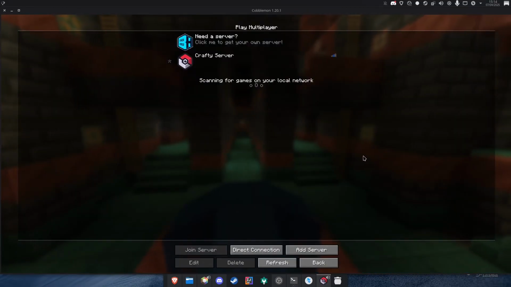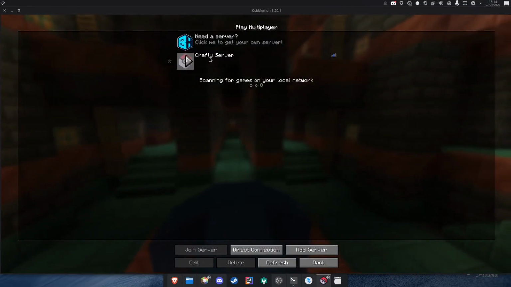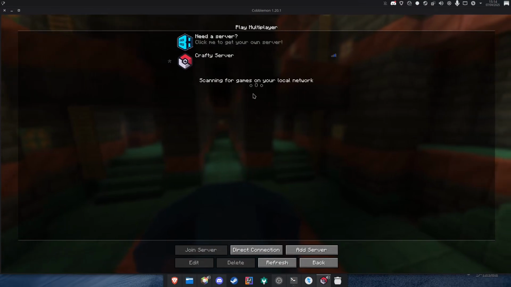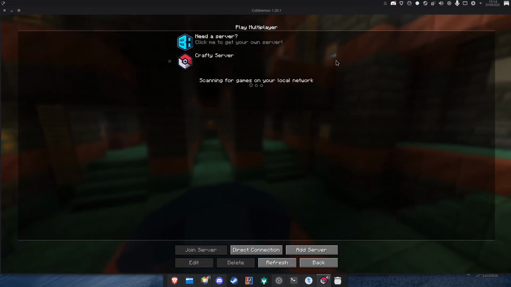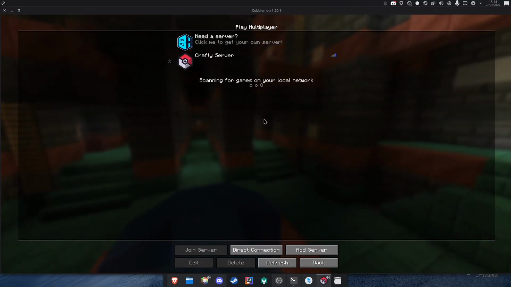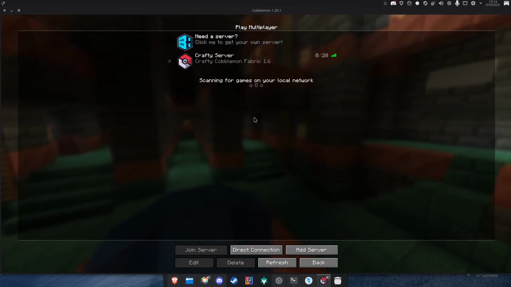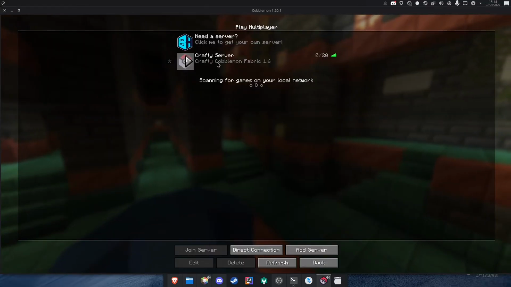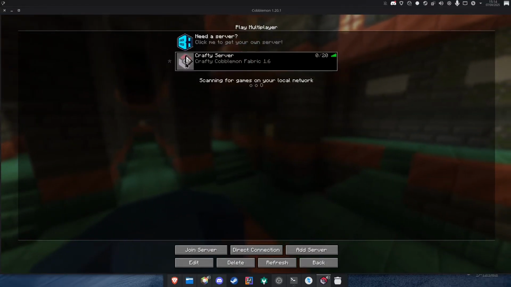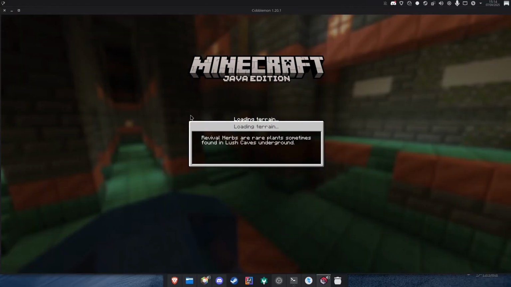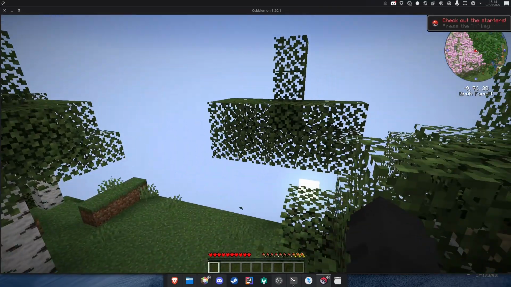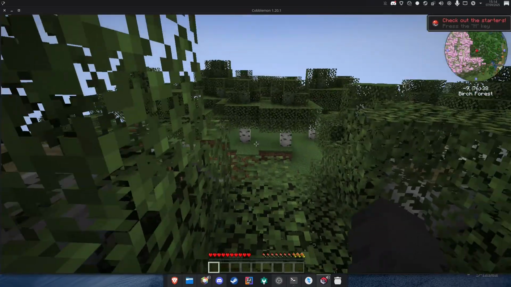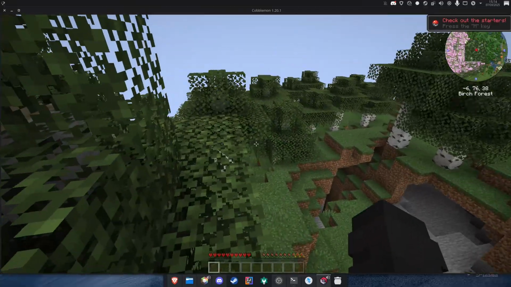So just loading in here. So if we go to multiplayer, I've already added my Crafty server into the multiplayer list. Sometimes it takes a little while to ping. That's just a Minecraft issue as far as I'm concerned. And over here we've got Crafty Cobblemon Fabric 1.6. That's the version of the Modpack that we're running at the moment. And if we launch into the world,